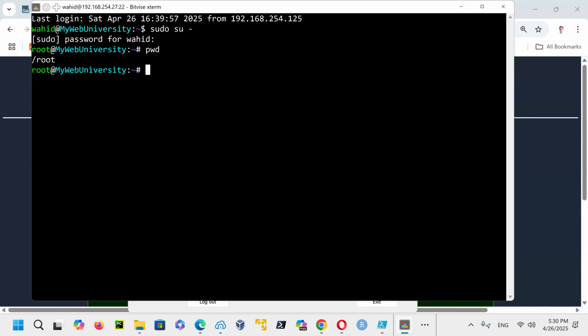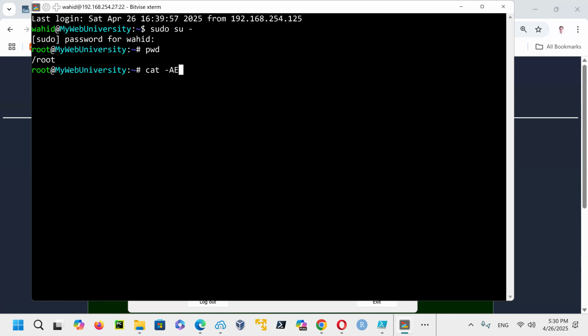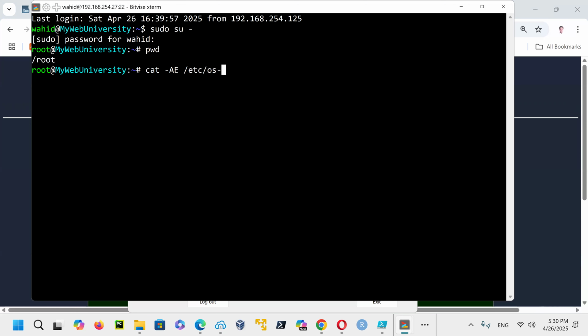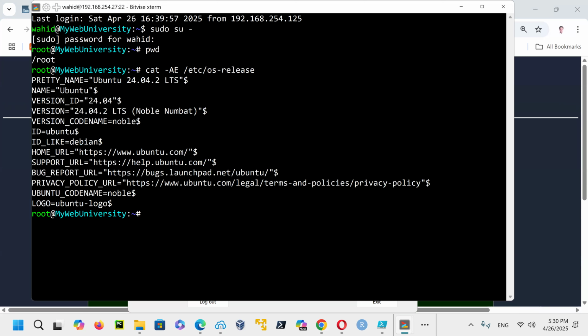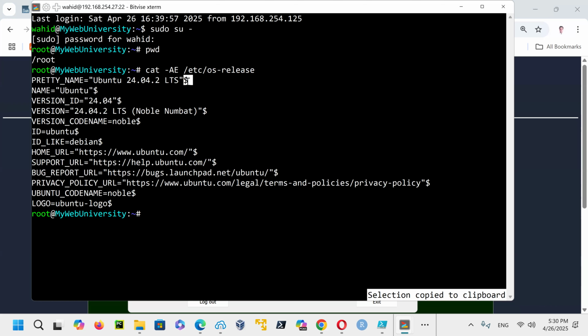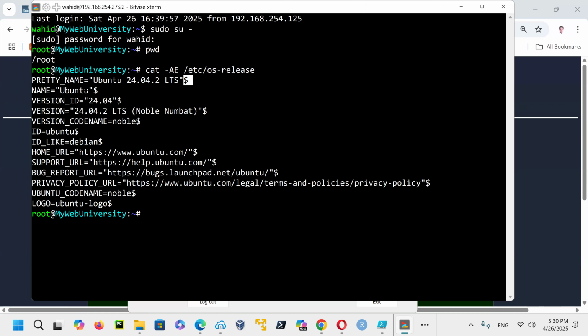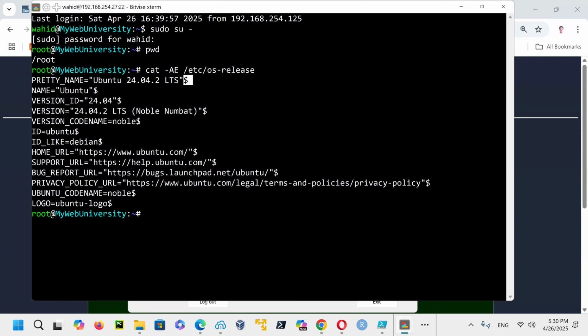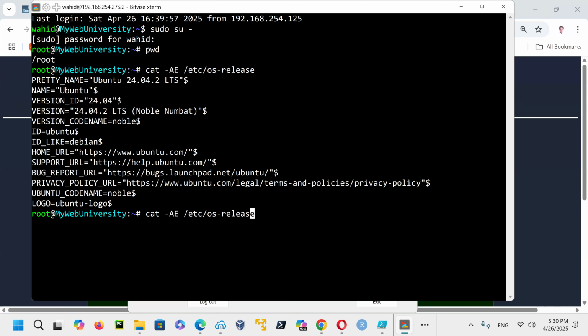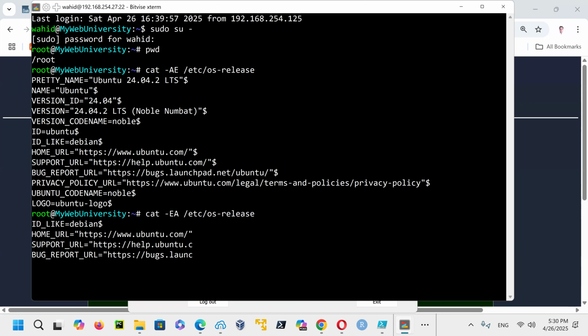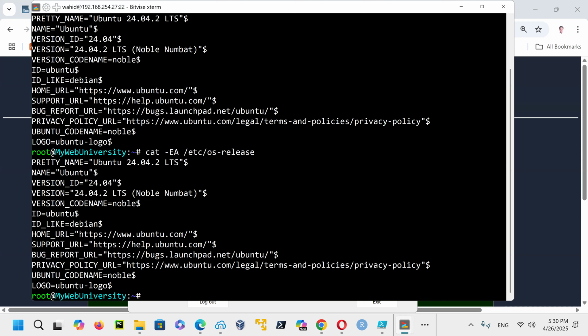Now I say cat minus EA or AE, it doesn't matter what argument, /etc/os-release. So it's going to display that one. A means all, E means any line breaks, that is a tab or end of line, all of these ones are going to be shown. It's going to show that one. So why is this command working, whether you do EA or AE? That doesn't matter the argument, it will just do those two flags.